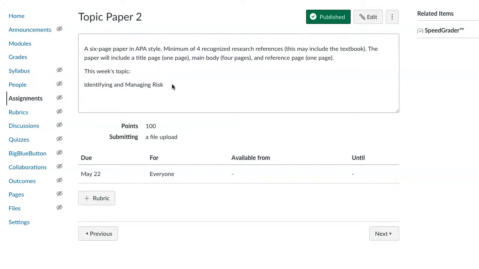So now I'm looking for that third pass that I'm doing. Now I'm doing an APA scan of the paper. Did they use the level heads correctly? Maybe a little bit of grammar. I'm not going to crush people on that, but are sentences constructed logically? Definitely looking for in-text citations. You have 4 references, and were those references cited throughout the body of the work? So I'm looking for that.